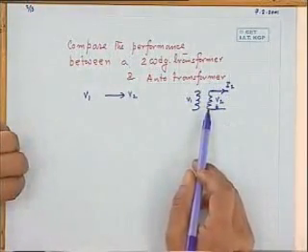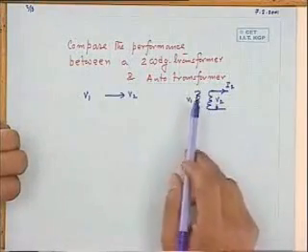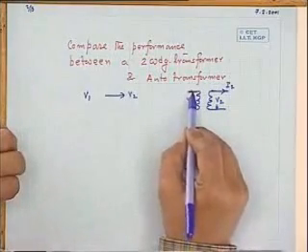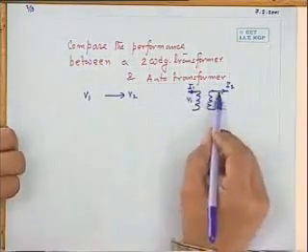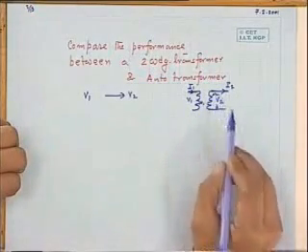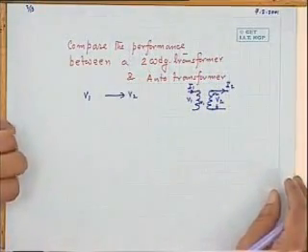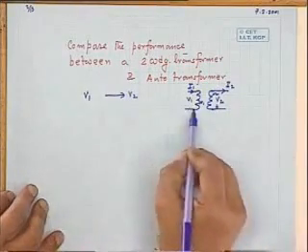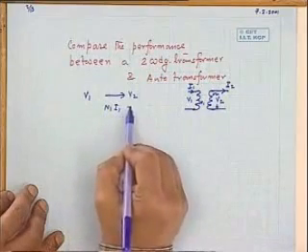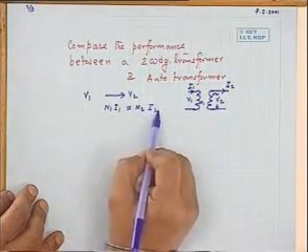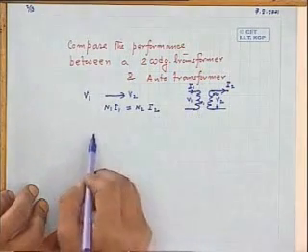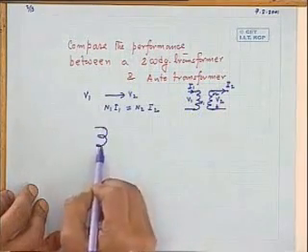Now, the same task I want to do by using an autotransformer. That is, the two winding transformer rating is such that V1 I1 equals V2 I2. Suppose the number of turns are N1 and N2 here. So, obviously, in a two winding transformer, N1 I1 is equal to N2 I2 if you neglect the magnetizing current, which is very small. Now, let me do the same thing by using an autotransformer.